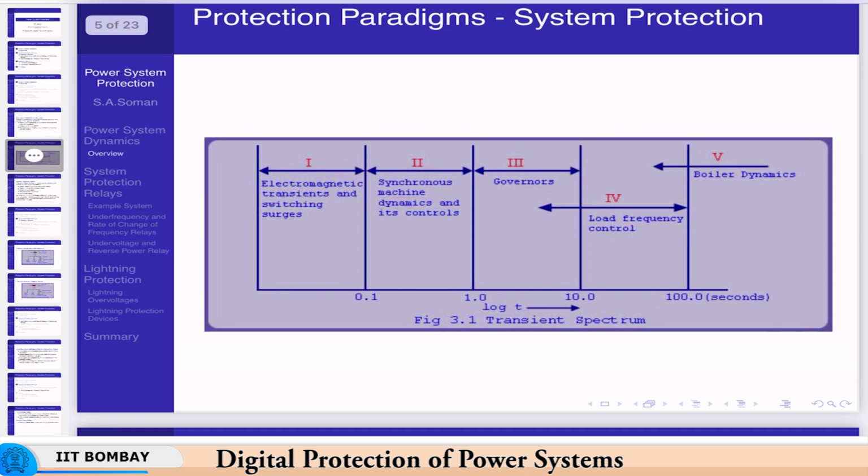So if you look at the time scales, this is how it looks. The electromagnetic transients like lightning and switching, etc., are very fast transients. The time period is very low and the frequency is very high, because we are talking of traveling waves and L di by dt's and C dv by dt's here. Later, as the synchronous machines have not yet reacted here, our relays have to operate in this time zone, or just after the transients have died down, and towards the end of this time period, that is around 100 milliseconds,